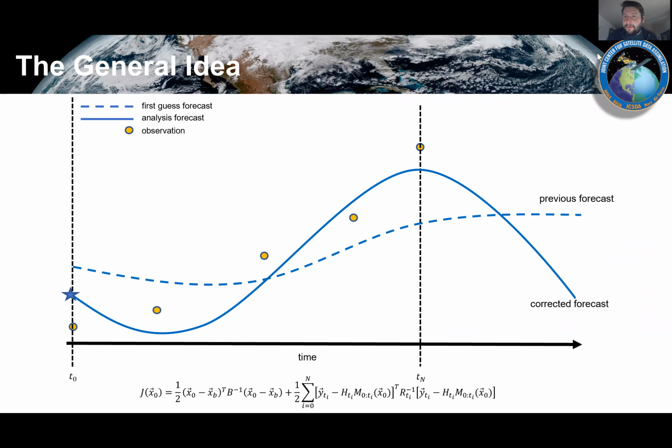And then what we would call our forecast after that would be whatever comes after the time window. So this might have been the previous forecast, of course, this cartoon, and then the corrected forecast that we might get. And I think that one of the advantages for 4D VAR is that you really consider a good chunk of the past before making a forecast. And given how chaotic weather can be, the difference between rain or not can be sort of a critical threshold. Trying to include all that information, I think, is